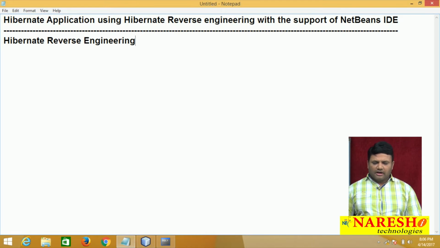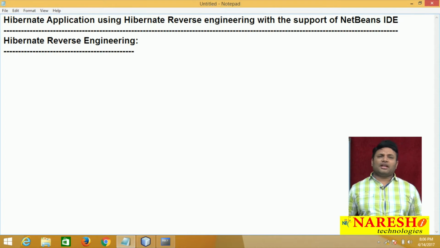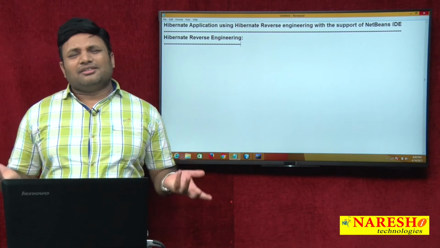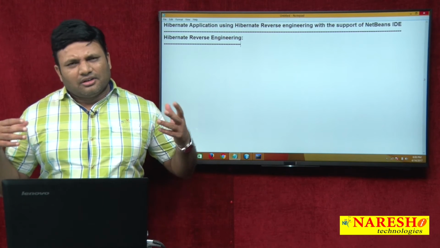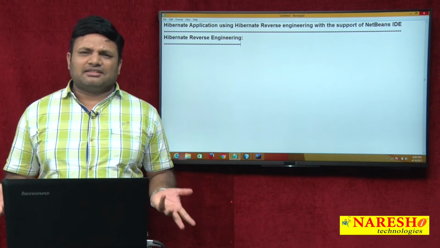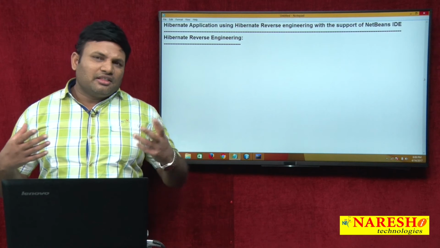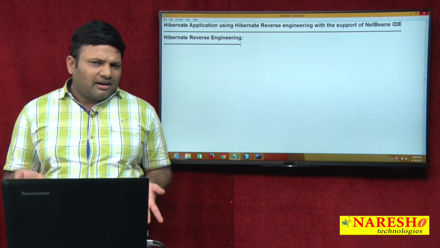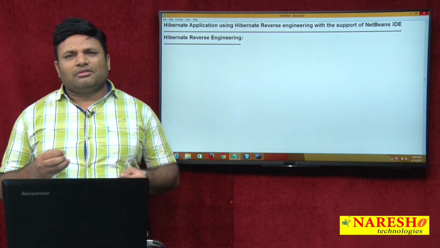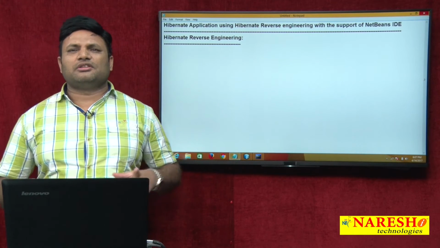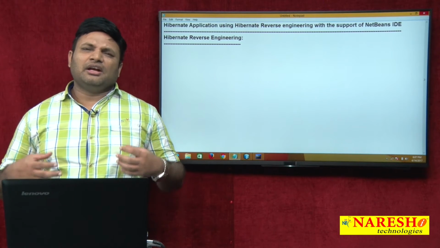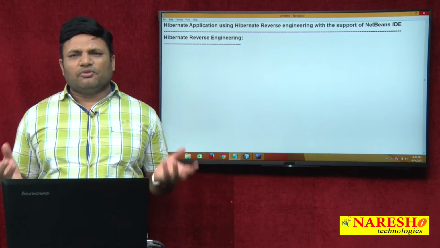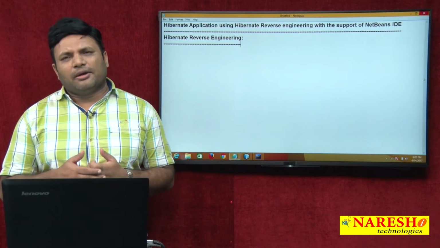Why should I go for Hibernate reverse engineering? Let us assume I have a big project having more than 100 tables. You know that generally we create domain classes, meaning Hibernate entity classes, nothing but BO classes, nothing but persistence classes. We create them one per table. So I have 100 tables in the project, and I don't think I will sit and write a domain class for each table manually. It's a time consuming process. I want to see that happening dynamically, automatically through some wizard, and that process is nothing but Hibernate reverse